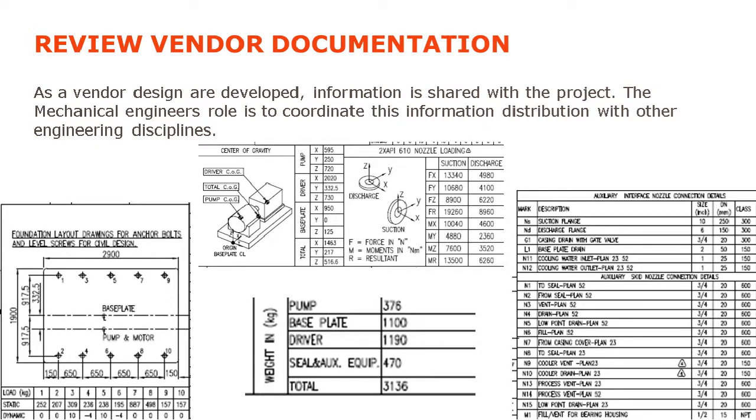So we'll have, in this case, that pump vendor before. He will give us the information which will allow us to integrate that pump successfully with the rest of the facility. Some of the information we may pass on to other disciplines are, let's say, the piping nozzle loads, the allowable loads on each nozzle that's there at the top. On the right, we have connection details, so we know how big the nozzles are, where to connect them to, and what pressure rating they are. At the bottom, we have weights, so this would go to our civils department to ensure they can design the foundation correctly. And on the left, shown is a quick foundation layout drawing, but it's for the anchor bolts, so we know it can be positioned correctly at site.